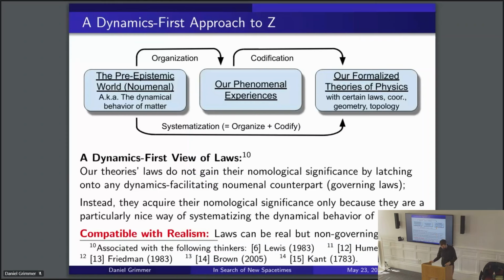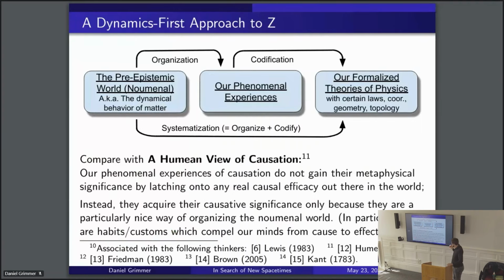And I should point out that this is compatible with realism in a sense. The laws can be real in the sense that they're objective and mind independent without them doing any governing work. So the question's not about realism here. Okay, compare that dynamics first view of laws I just said with its sort of originator, the Humean view of